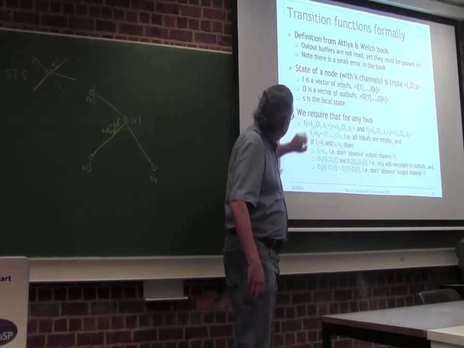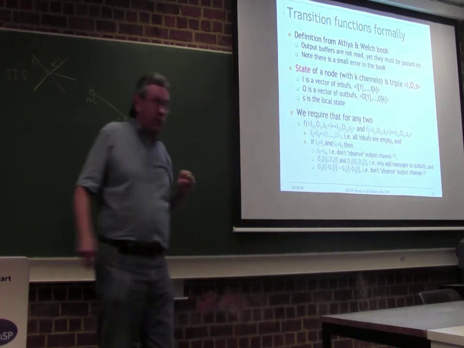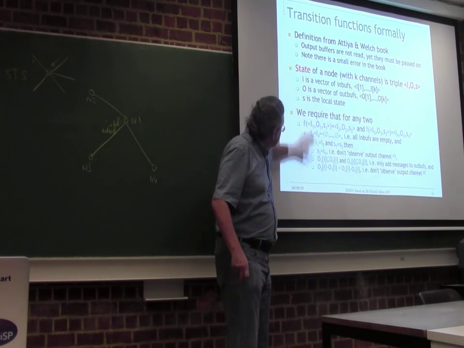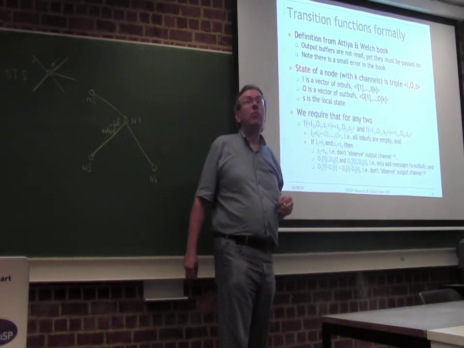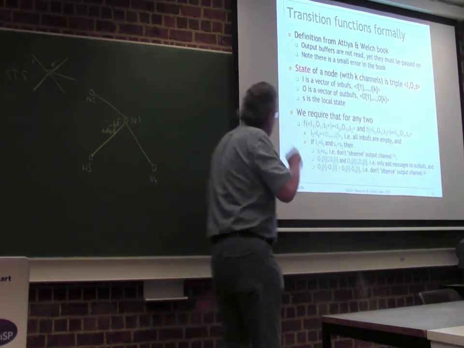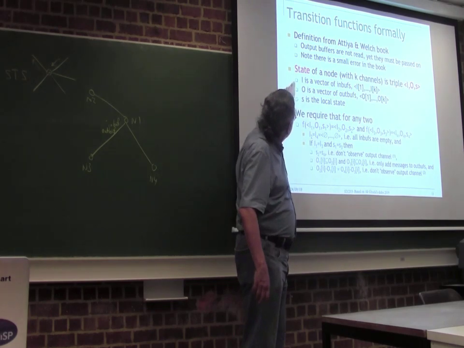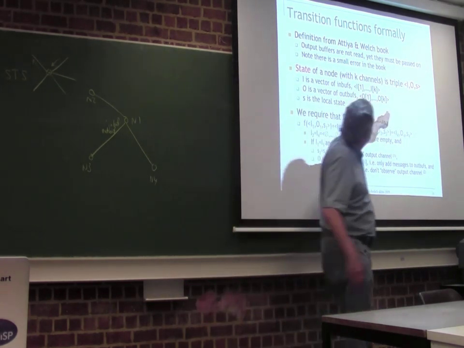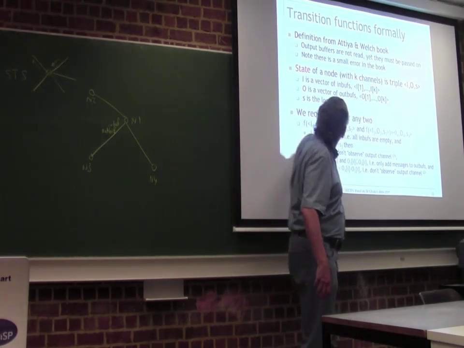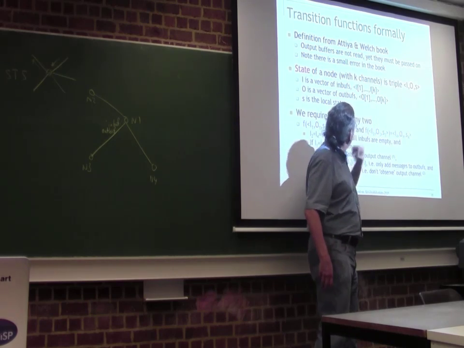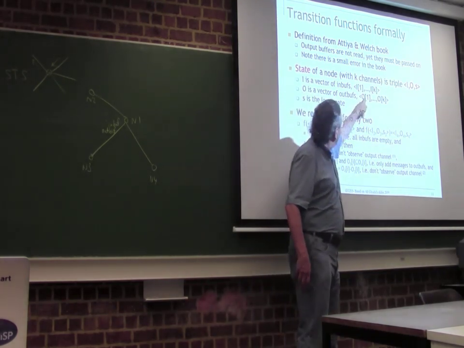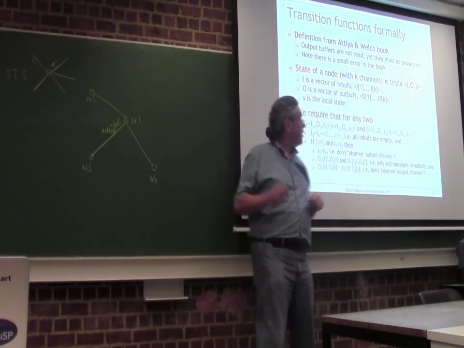So this is a formal definition. I give it to you just to make sure that you know precisely what it means, but we're not going to be using it specifically very much, because this definition is basically defining what the in and the out buffs are in the transition. Okay? So the state of a node is a triple. It has a vector of in buffs. So a vector because you have k neighbors. Each of the in buffs is going to be a set of messages. O is a vector of out buffs, and S is the local state, whatever that is.